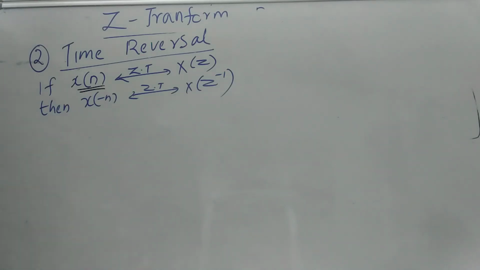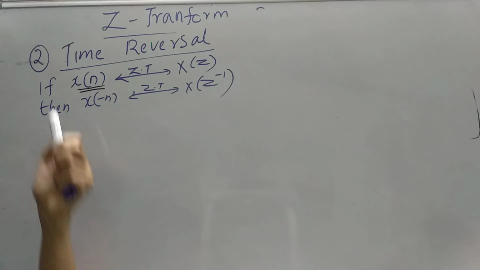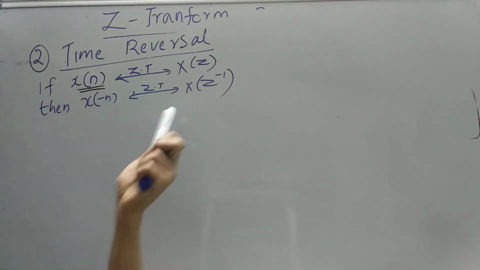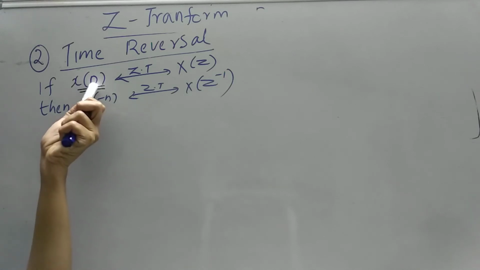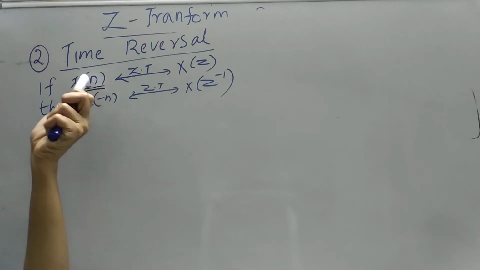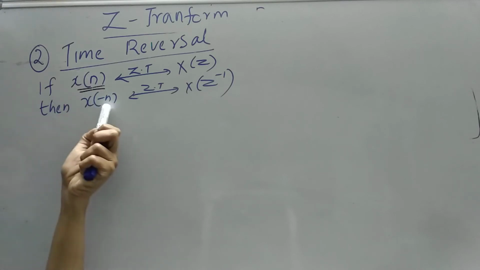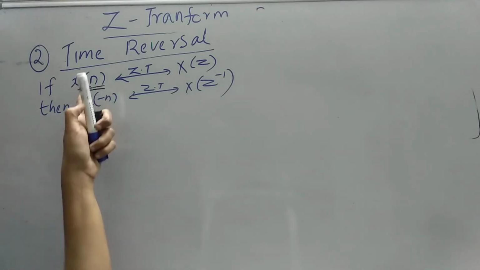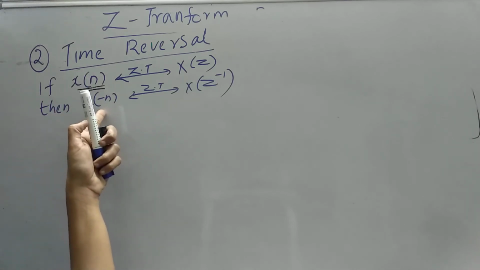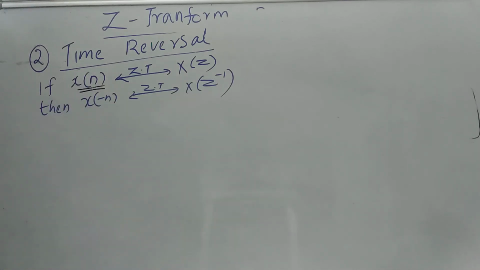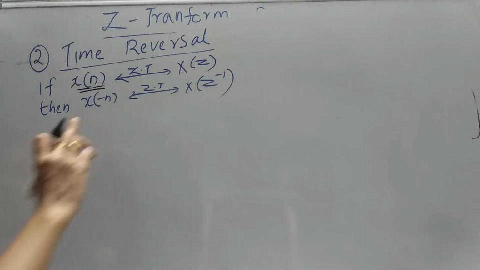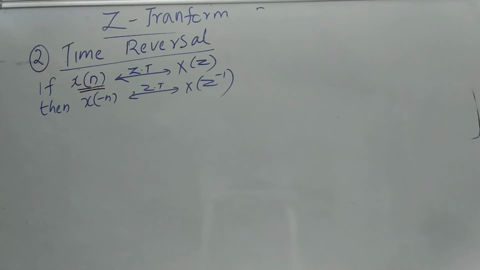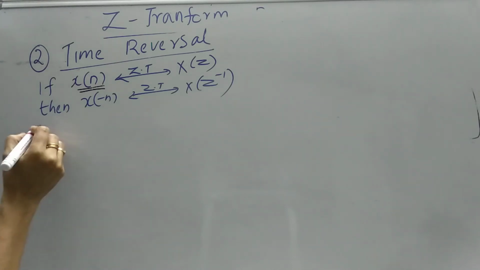That means if you reverse the discrete time, that is, if x of n is a right-sided signal, x of n meaning x of plus n, and you reverse it completely, finding the image or reflection, that is x of n is changed to x of minus n, this is a reversed version. Then you will get the z transform of x of minus n as X of z raised to minus 1. So we are going to find the proof of that.